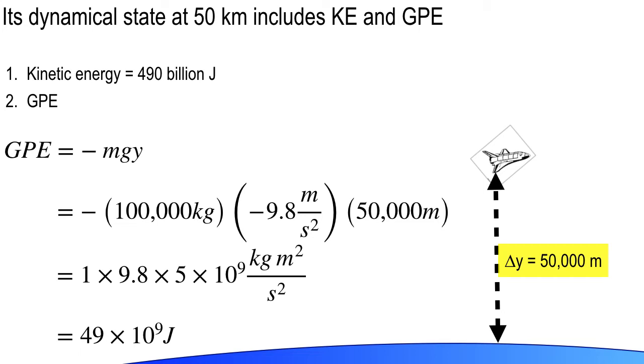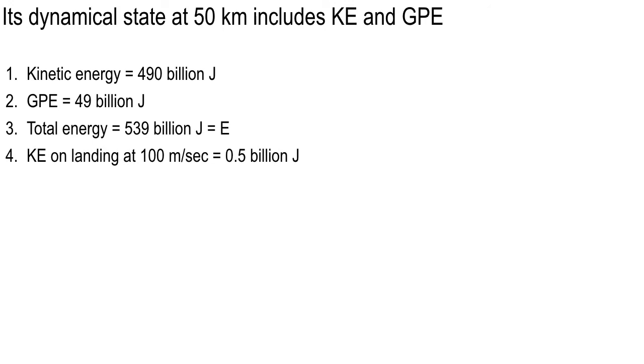Anybody got 4.9? Okay. Anybody over here? Okay, good. What about you guys on the right? Got it? Okay. So 4.9 times 10 to the 10, or in terms of billions of joules, another 49. All right. So let's park that up here. All right. So 49 billion joules of potential energy. So the total energy, my wonderful students, is approximately 539 billion joules. That's capital E, the total mechanical energy.